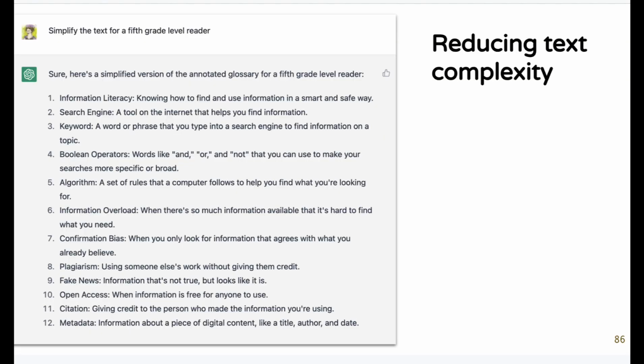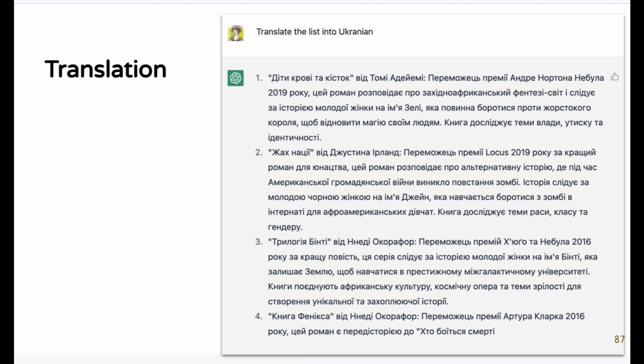In many cases, we're going to have patrons and students who may not be able to manage text complexity, possibly because English isn't their first language, for a variety of other reasons. You can enter documents and have the documents reduced to, say, a text for a 5th grade level reader. And similarly, although I am not an expert, this is a Ukrainian translation of, I believe, my Afrofuturism